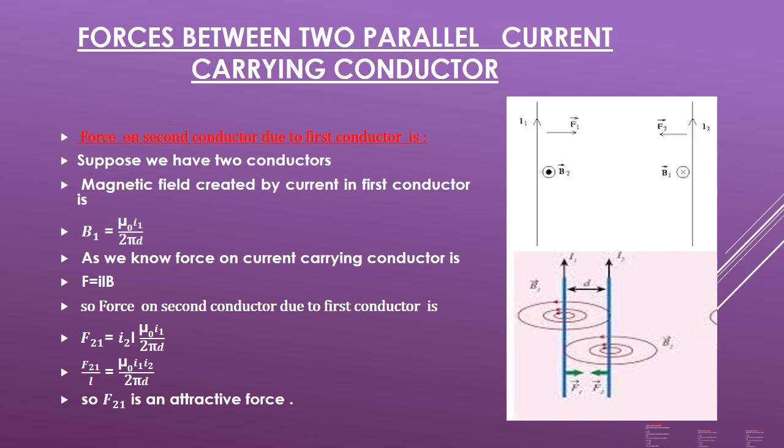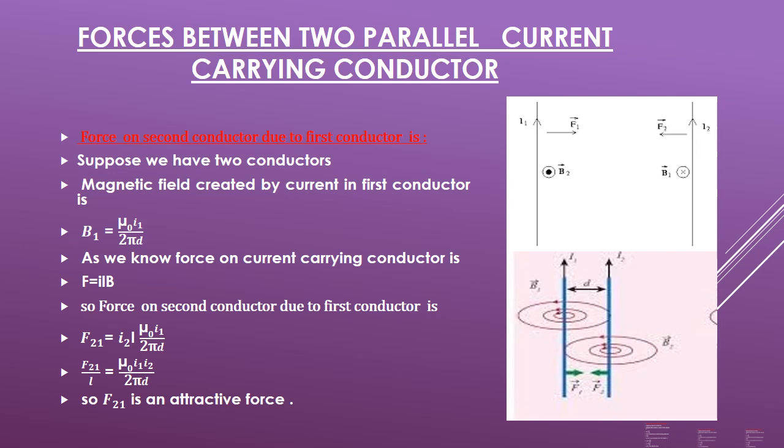So we start the calculation. What is the direction of that magnetic field? It is at right angle to the current, so the motion of electric charges should be at right angle to the magnetic field. And now, how much is the magnetic field strength created by conductor 1 at a point at a distance d? The magnetic field created by current I1 in the first conductor is B1 equals mu naught I1 upon 2 pi d.